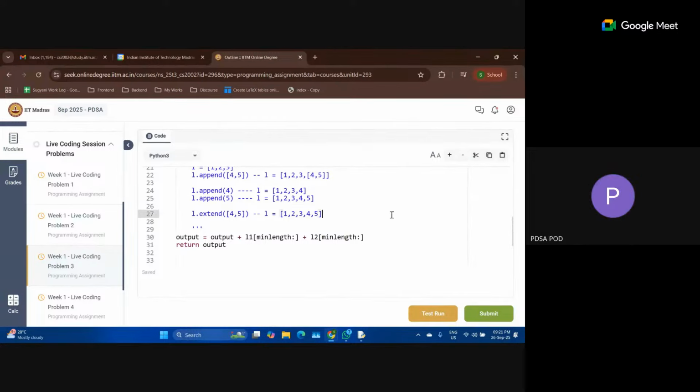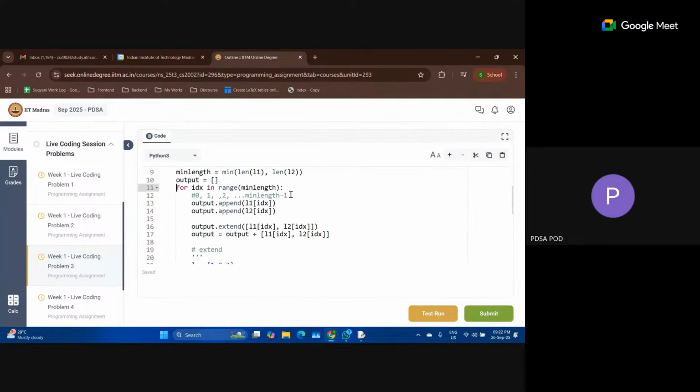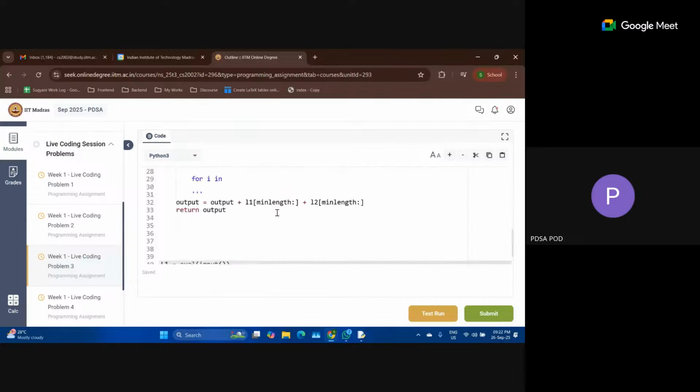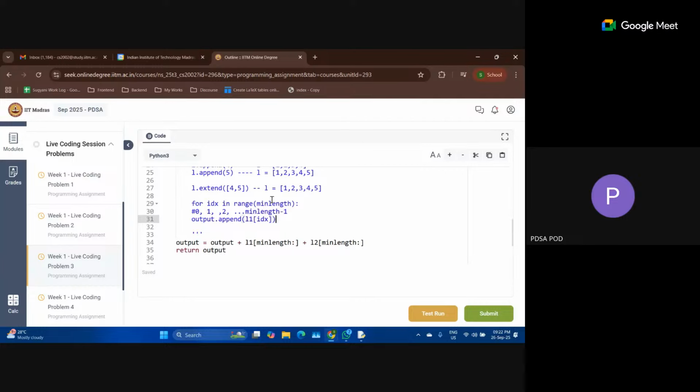So for the list comprehension, suppose I am having something like for i in this, let's say I'm just taking this. Here, output is equal to, I'm creating a list where I'm appending one element one by one, right?